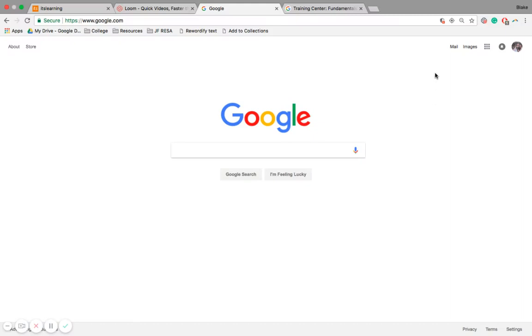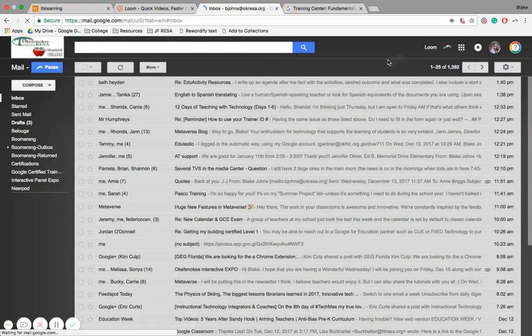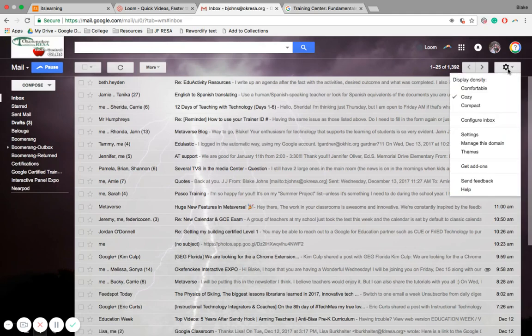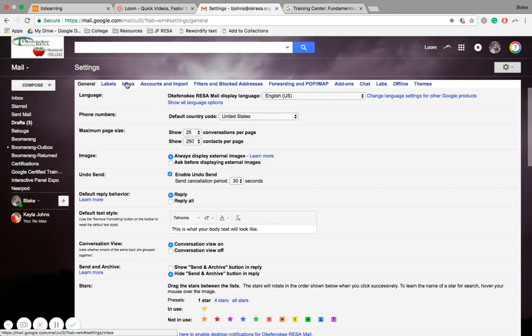So after you log into your Google account, you'll click on the Mail tab, and it'll take you to your inbox. The first thing we're going to talk about is how to personalize the format. So you'll click on the Settings tab, you'll click Settings here, click Inbox,